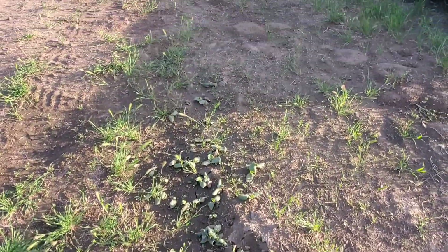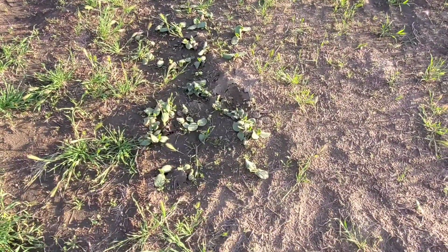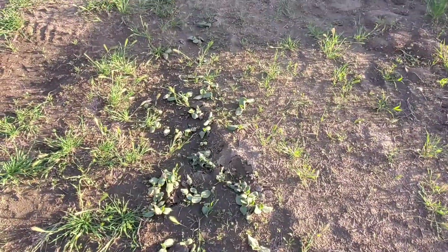What we have here is pumpkins. So we had a gourd that was rotting, and so we just chucked it out here in the middle of the field, and I hadn't really thought any more about it. And then all of a sudden we start getting some plants popping up there, so Rachel's tickled about that. She's going to dig them up and put them in